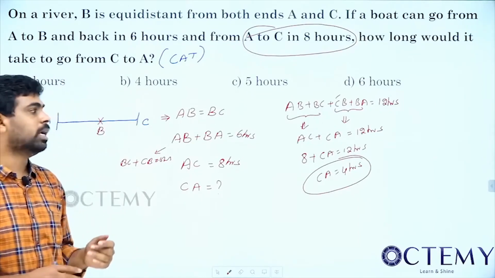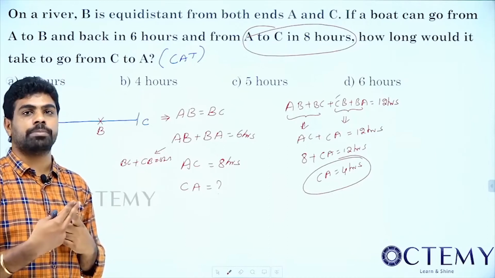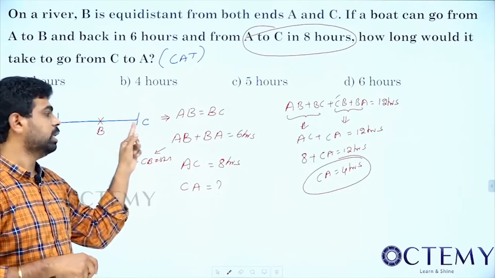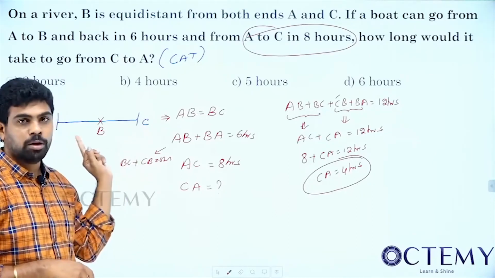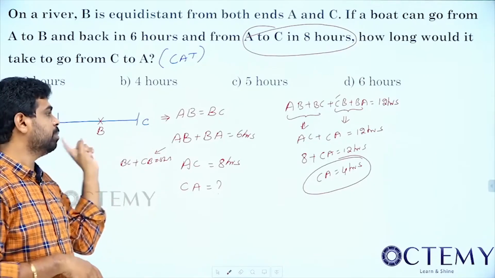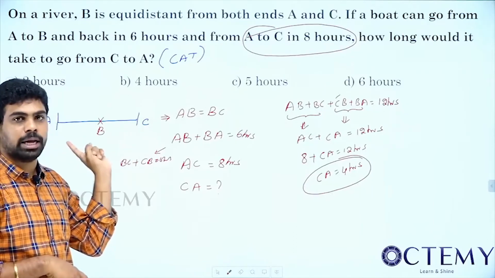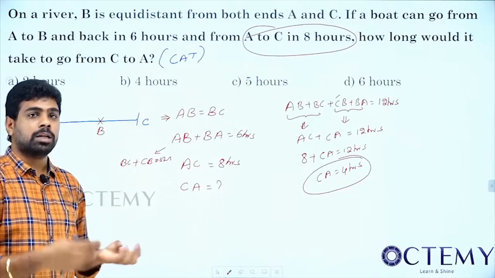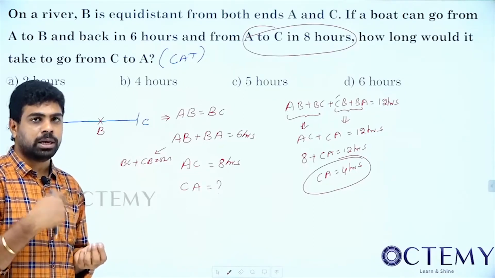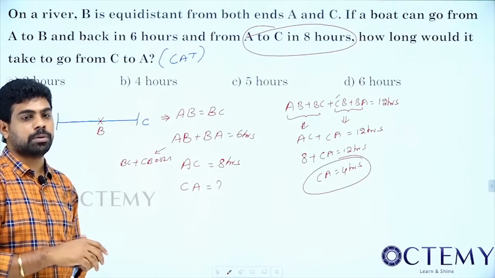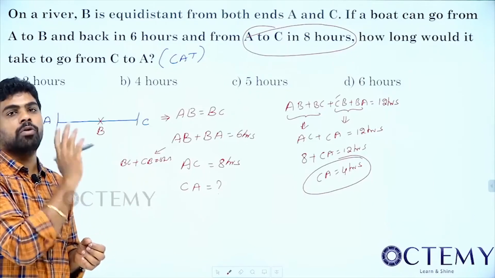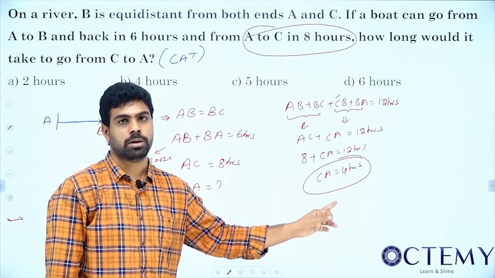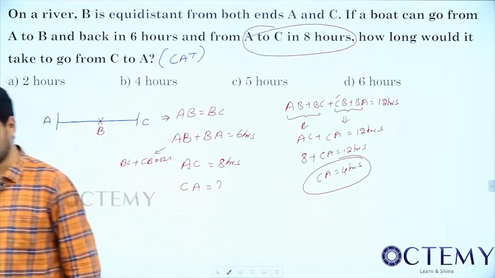So in GATE he extended this question. He asked in which way he is traveling downstream. See, to go it is 8 hours, to come back it is 4 hours. So in which direction, going and coming back the same distance, does he take less time? That will be downstream, because the speed of downstream will always be higher than the speed of upstream. So to come back it is taking 4 hours only. So downstream is nothing but C to A. Okay, copy this.